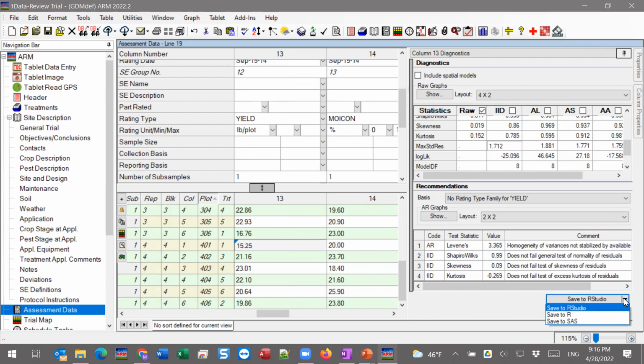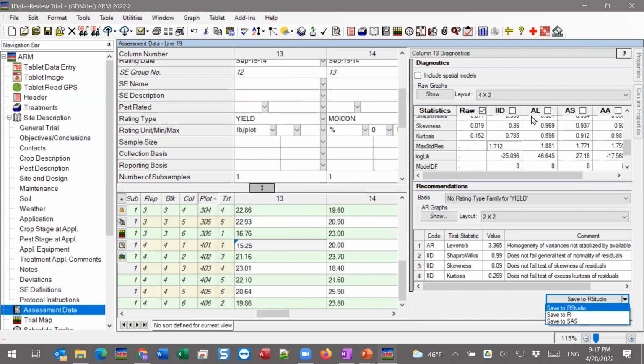So finally, last button here I should not ignore. We do have the capability to take all of this analysis that we've looked at on the diagnostics and actually send that to R. So that's what we're using in the background to perform this analysis. And so ARM is using R. If you also use R, we can share our code essentially with you. So this will generate, whether you're using RStudio or the more command line R, it will create the